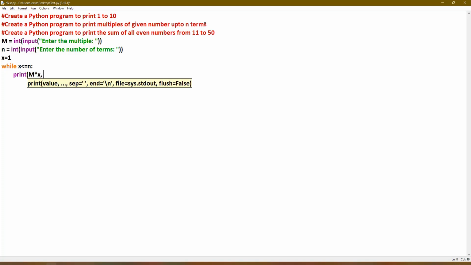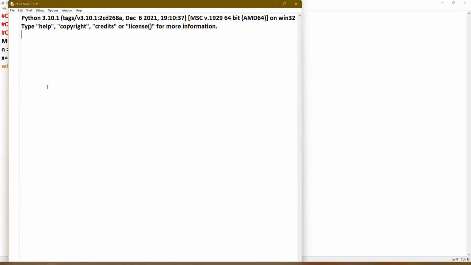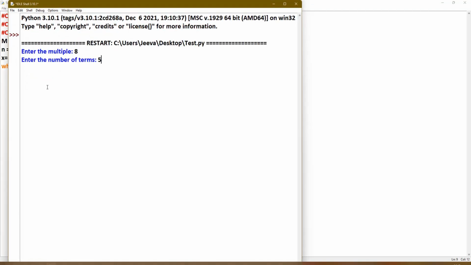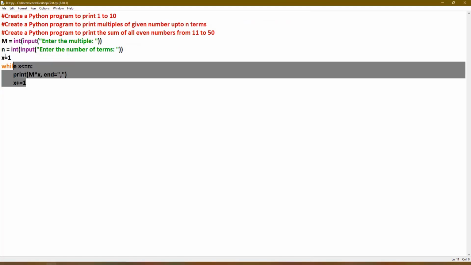If we need it in the same line, I just give one comma there. Now we need to increment x to the next higher value. For that purpose I give x plus equal to 1. That's all. Let us check. I need maybe 5 terms. So you can see that 5 terms are printed.